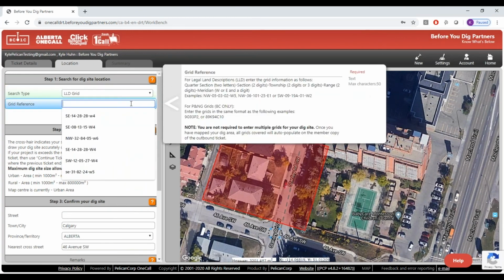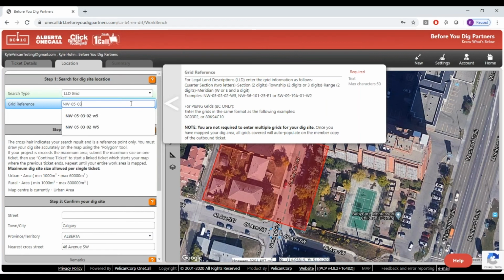So legal land description is a quarter section, township, range, and meridian, and it's essentially a grid reference for the provinces of Alberta, Saskatchewan, and Manitoba. Once again, this is something that requires a specific format for it to be entered. So what we'll do is use one of the examples that it provides. So it uses the northwest of 050302 west of 5. And let's talk about some of the common errors that can be made when searching legal